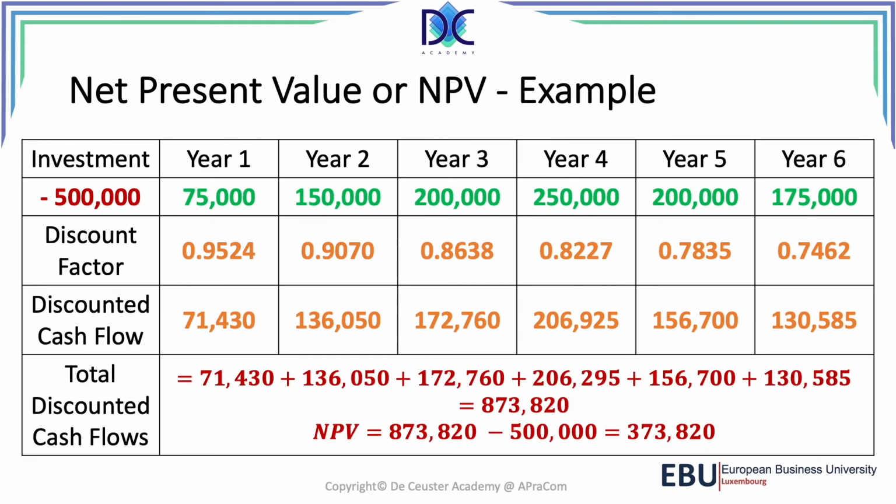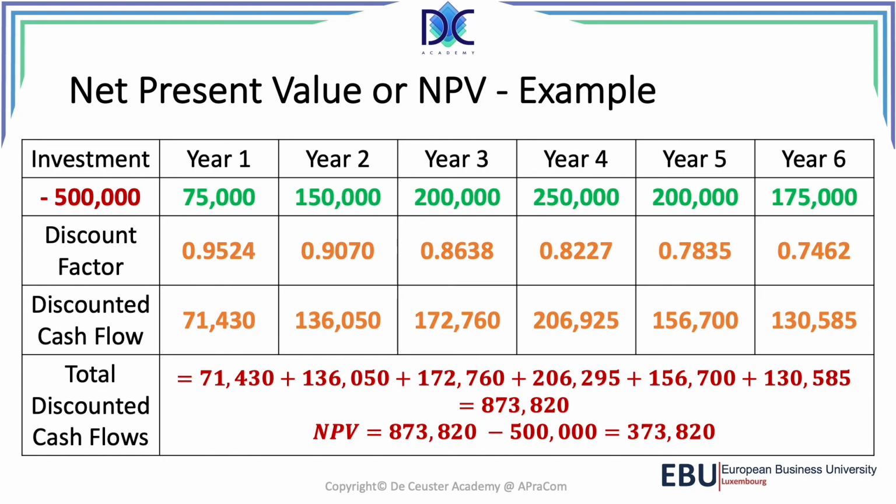Now let's have a look at the discounted cash flows. When I add all those elements together, so the discounted cash flow of year 1 plus year 2 up to year 6, we find that the discounted revenue is 873,820. And in order to find the net present value, we take 873,820 and we subtract the initial investment, 500,000, which gives us a net present value, in this case a profit